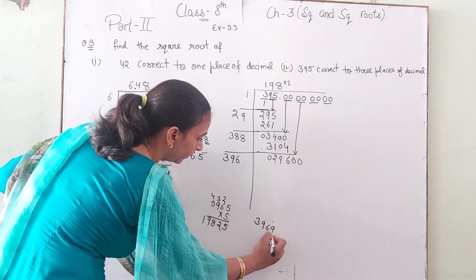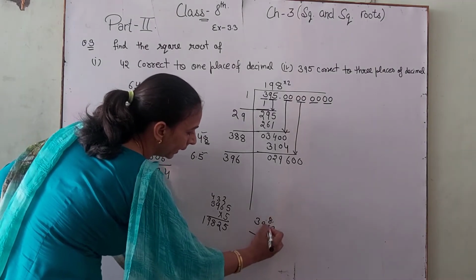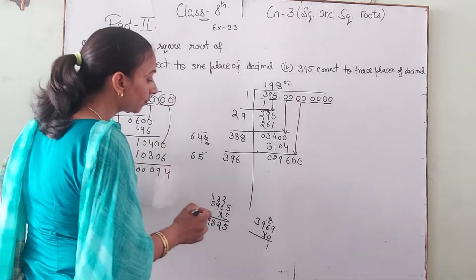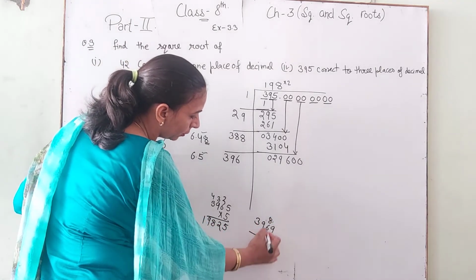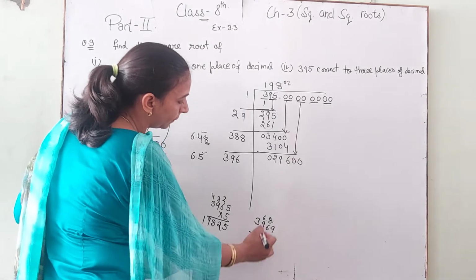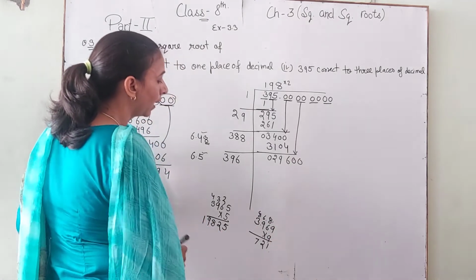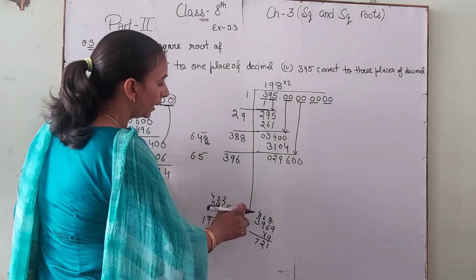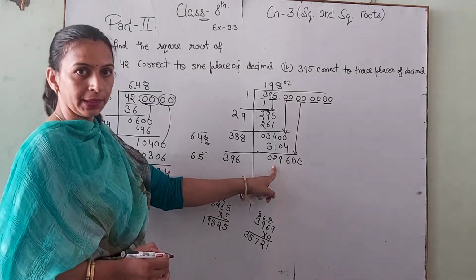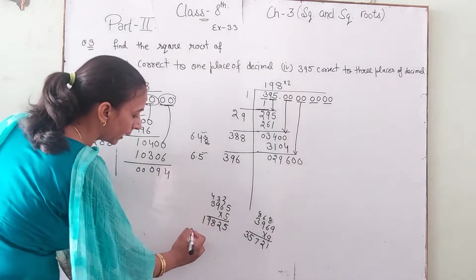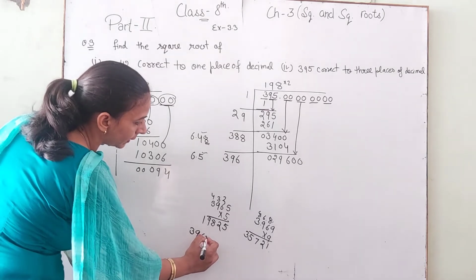We will check ahead with 9. 9 9 is 81, 8 9 6 is 54, 54 and 62, then 6, 9 9 is 81, 87, then 8 9 3 is 27, 27 and 8 is 35. This is greater than 29000. Okay, so next we check 396. Now we check 7.